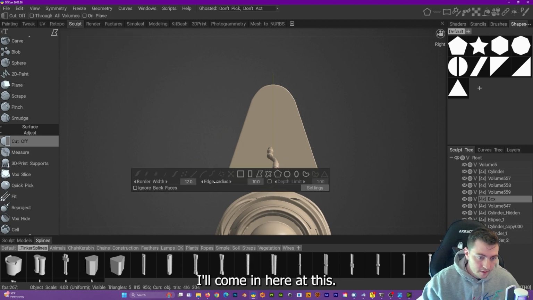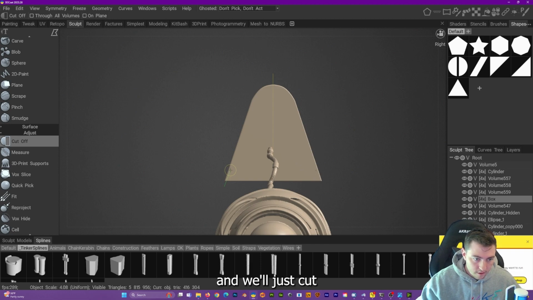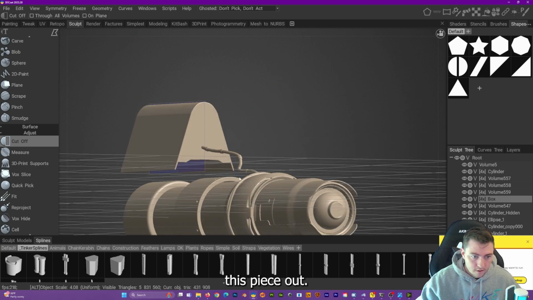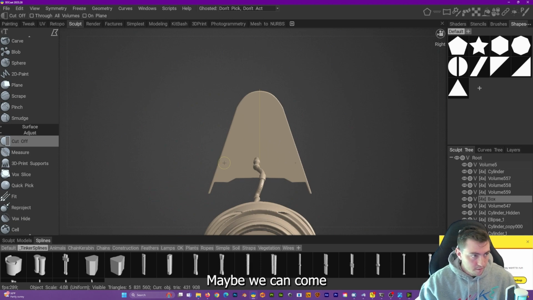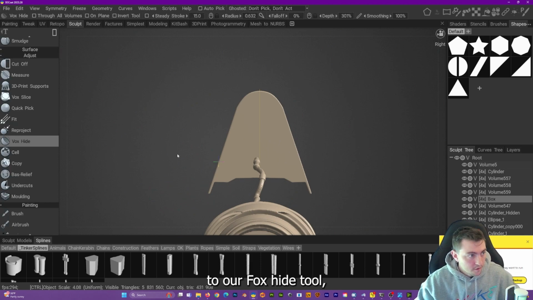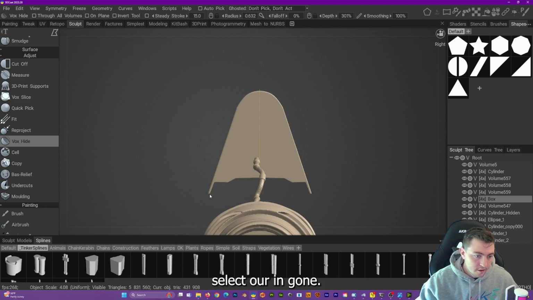I'll come in here with this, turn our edge radius down, and we'll just cut this piece out. And maybe we can come to our Vox Hide tool, select our Ingon,